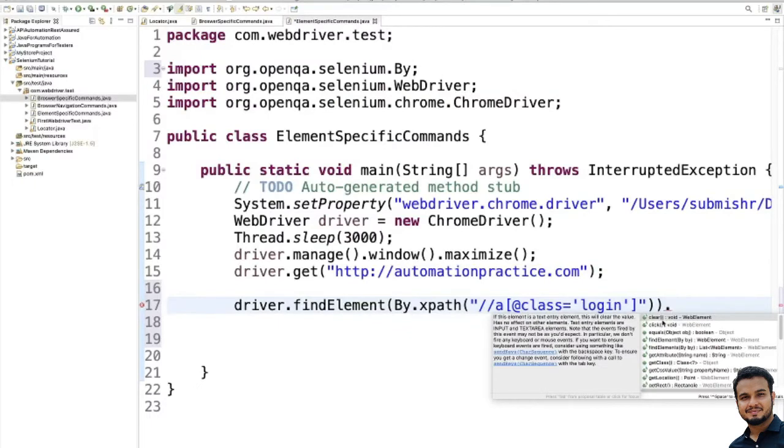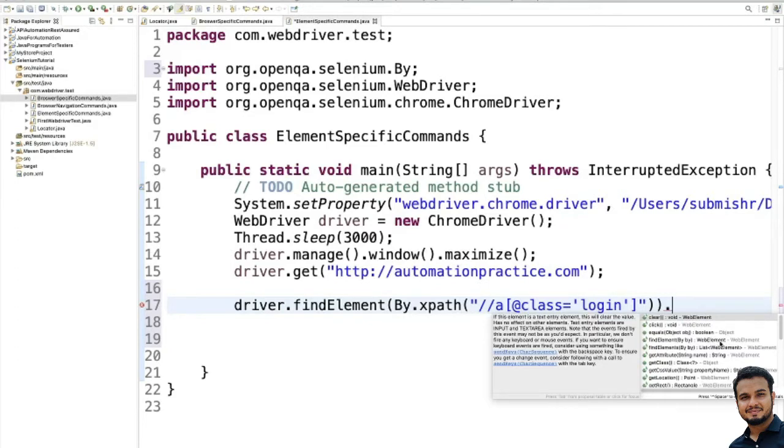Okay, so if you notice here, the methods like clear, click, find element, these methods either return something or return void. Void means it will not return anything, right? At the same time, this find element method returns one web element. What does it mean?